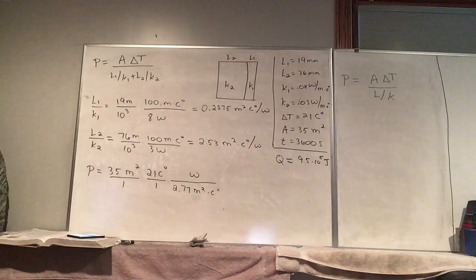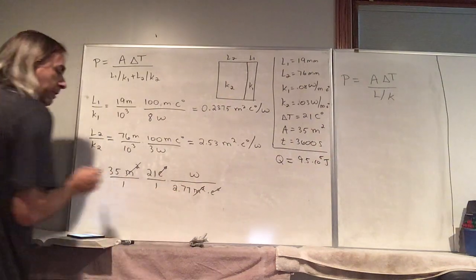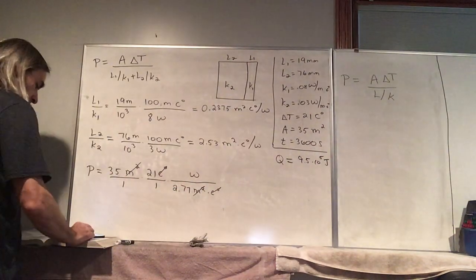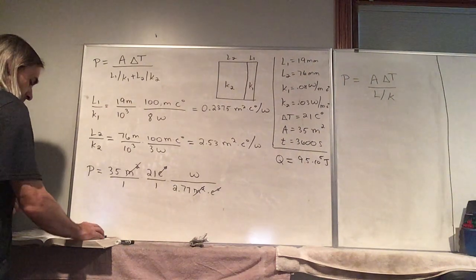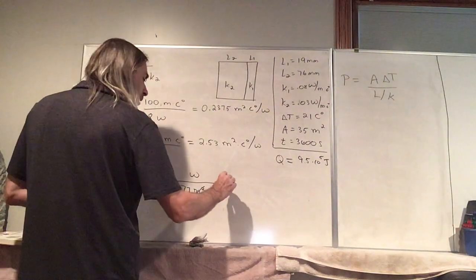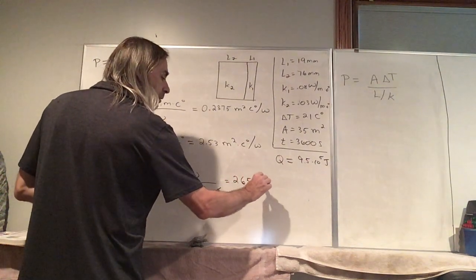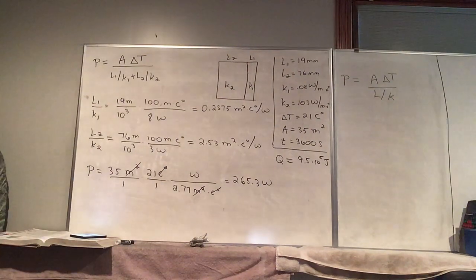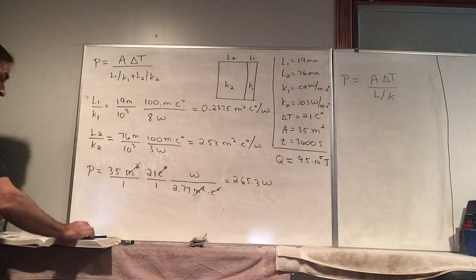Now we're calculating power. So once we're done with this, we'll multiply by 3,600 to get the amount of heat. So the units are going to work out. Meters squared gone, Celsius degrees gone. So let's just do this number then. We'll get watts. We have 35 times 21 divided by 2.77. So it's about 265.3 watts. And now after 1 hour, if energy is flowing through the wall at this rate, if we multiply